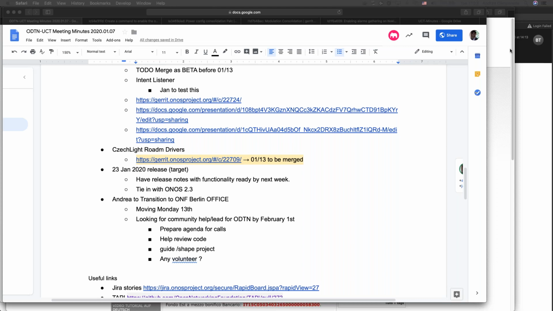It will be the same ONF. It's the exact same ONF. There's no difference. Same project, same everything. It's just gonna have a set of people placed in Berlin instead of Menlo Park. Okay. There's really no difference.